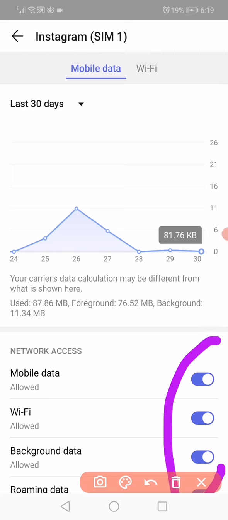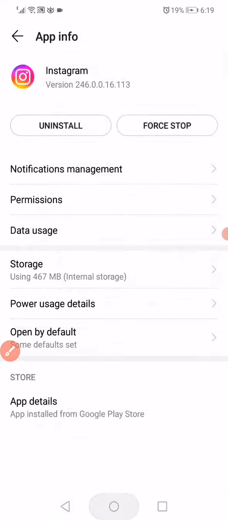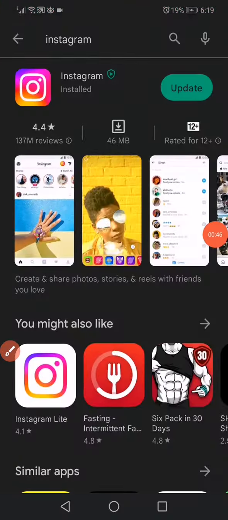usage options are enabled. And last thing you want to do is make sure that you have the latest version. If you don't have it, then you have to update your Instagram on Play Store or the App Store if